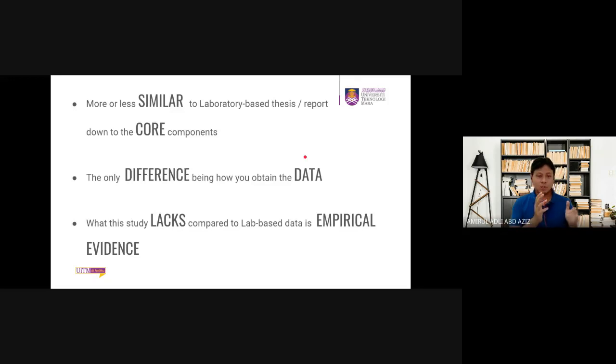If it is simulation and modeling, it is more online. It is something that you do not do physically yourself. You only put it in a software, and then the software comes up with a result that you can use. But what simulation and modeling study lacks, compared to lab-based data, is empirical evidence. Empirical evidence means evidence